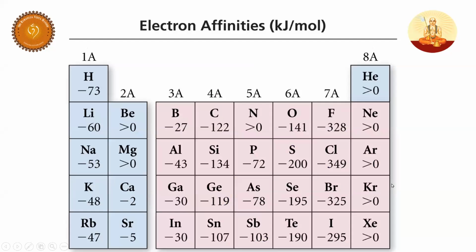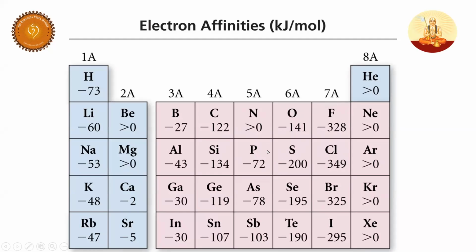Now, students, let us understand electron affinities. So students, have a look. Very, very important. There are 5 cases I explained in the first year. One case is chlorine and fluorine. Chlorine has more electron affinity than fluorine because inter-electronic repulsions are observed in fluorine because of its small size. Same thing: oxygen is less than sulfur because inter-electronic repulsions are there.